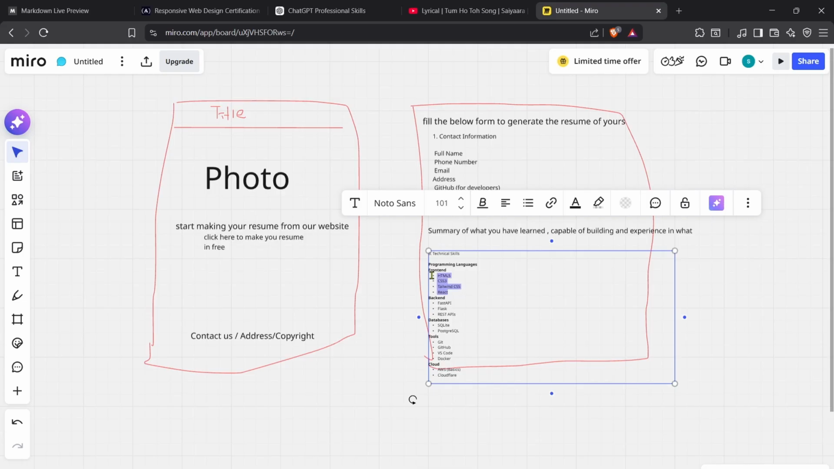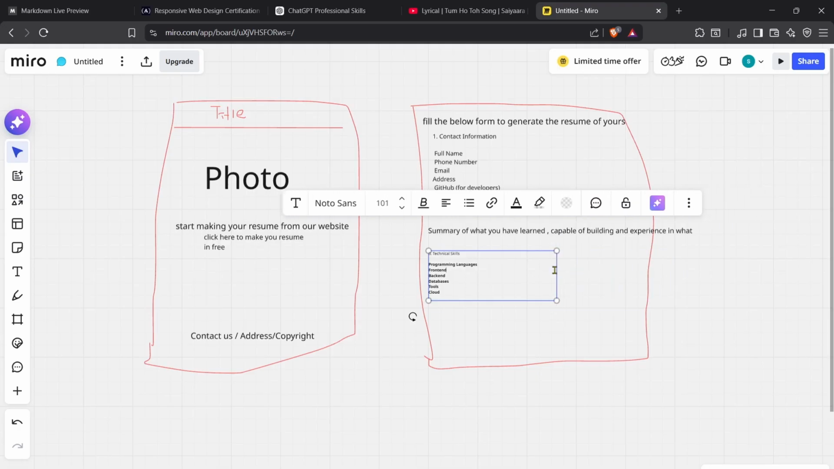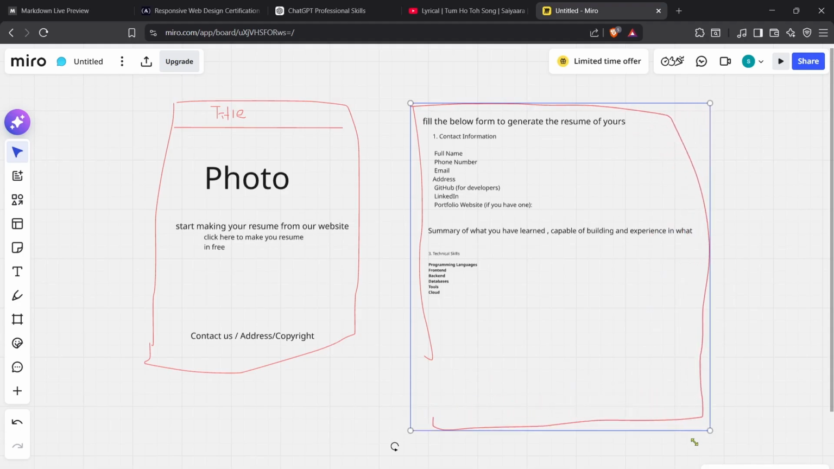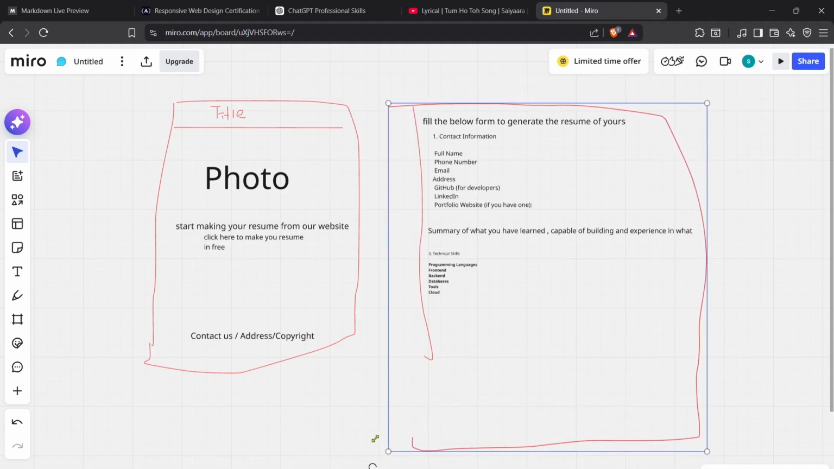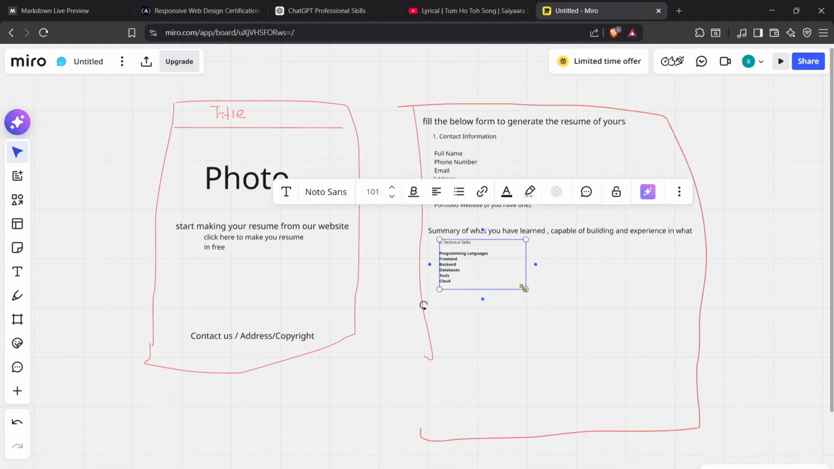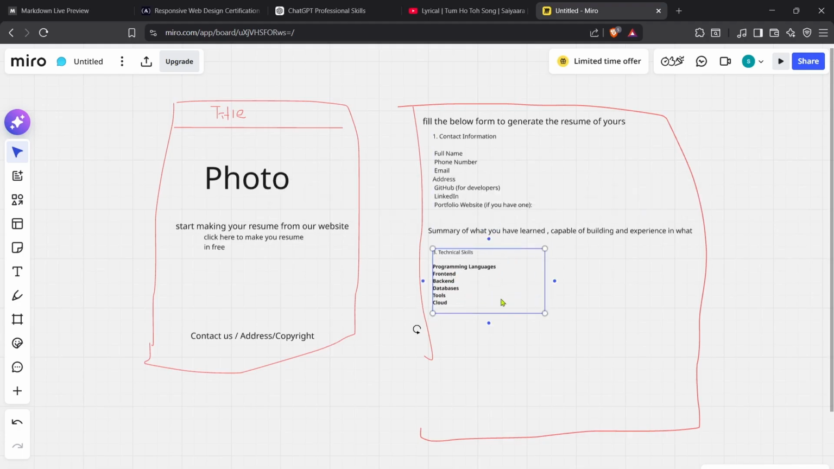Okay, programming language, front end, back end, databases, tools that you can use, and cloud also you should be able to use. Okay, let's see, I have made this a little bit big. This form was not big enough, so I have made it bigger, okay, it is clear